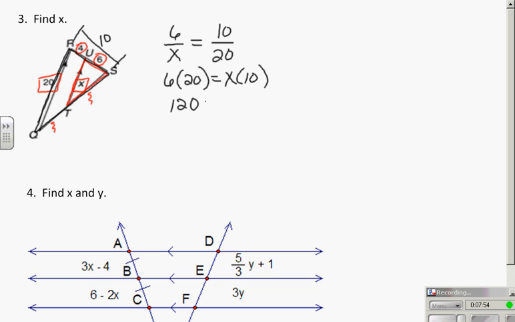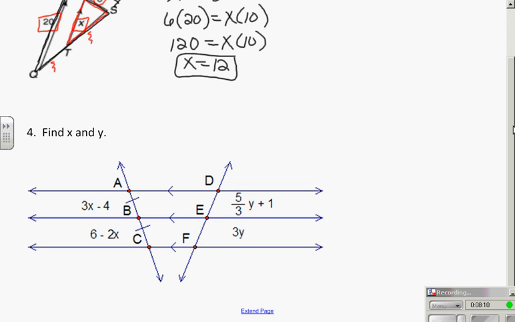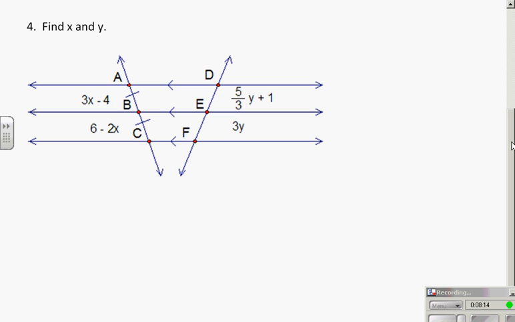And when you cross multiply, you end up with 12. So again, get out your colored pencils, trace it, make sure you're comparing segment piece to segment piece or triangle part to triangle part. This next problem is looking at either the parallel lines and congruent parts or the parallel